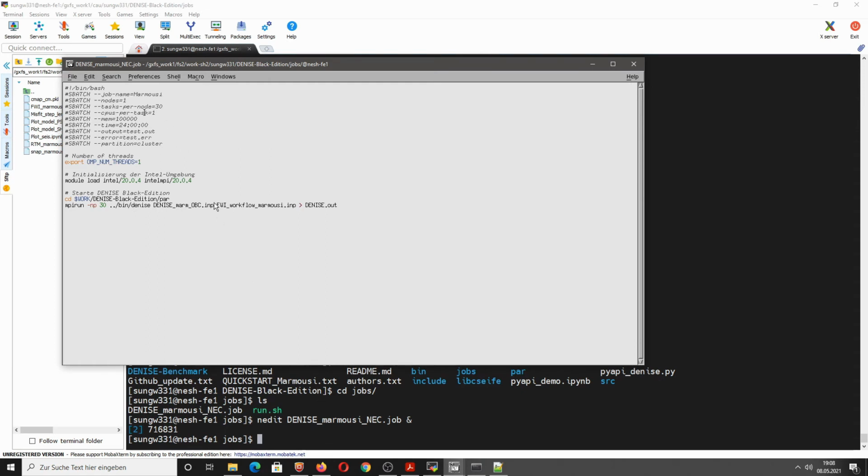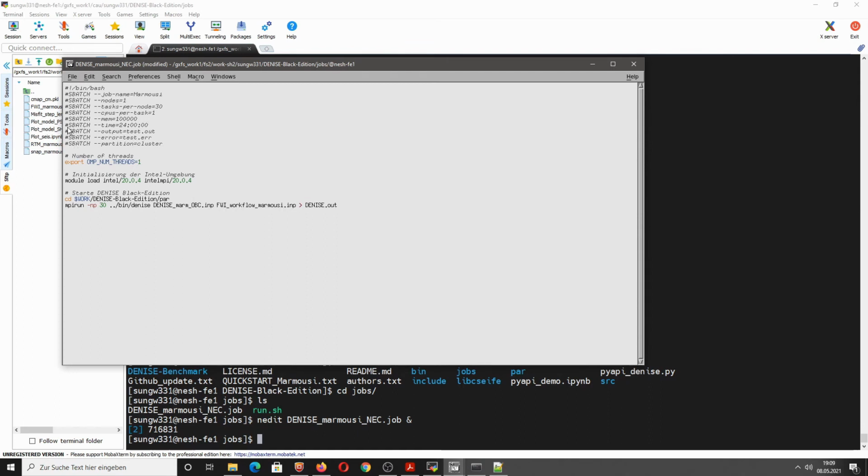What I have run previously were 15 cores or something like that, but to save more computation time, you can also use 30. Then you define the maximum memory, so the random access memory that you want to use. You can use 100 gigabytes. It's actually far too much for this problem, but it doesn't actually matter. Then you can restrict the computation time. This is restricted here to 24 hours.